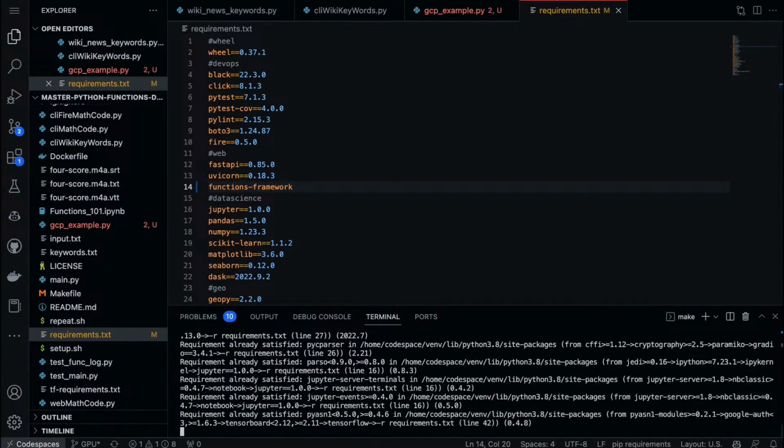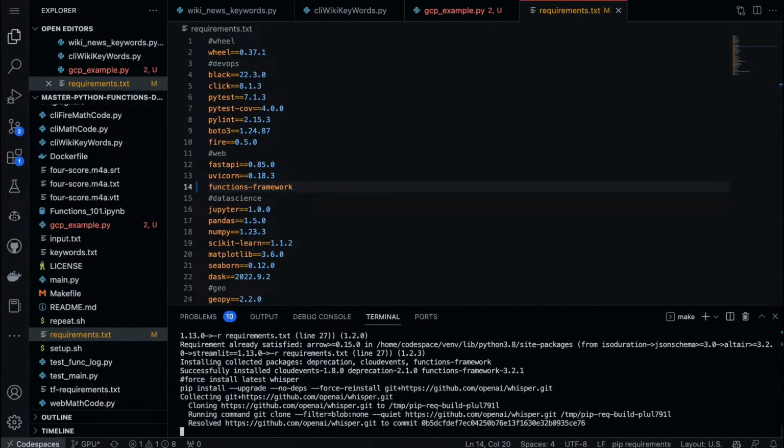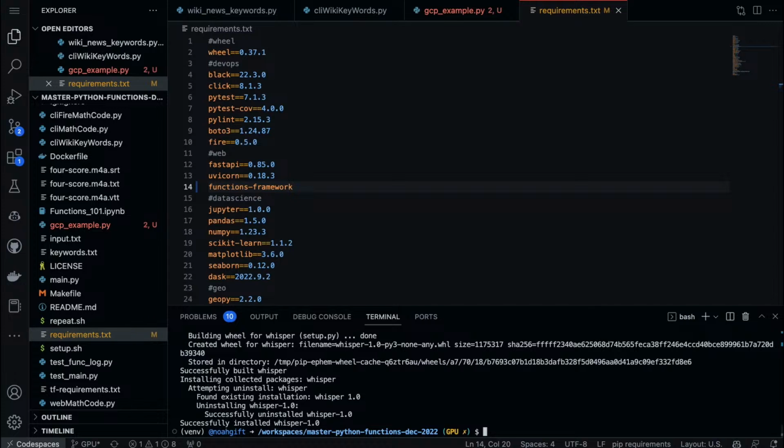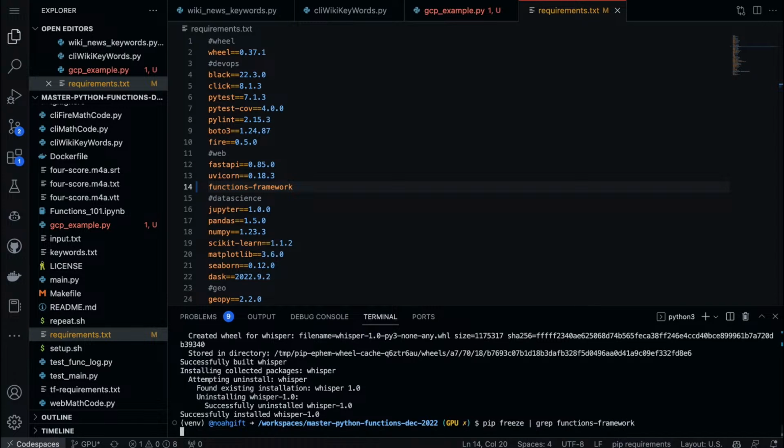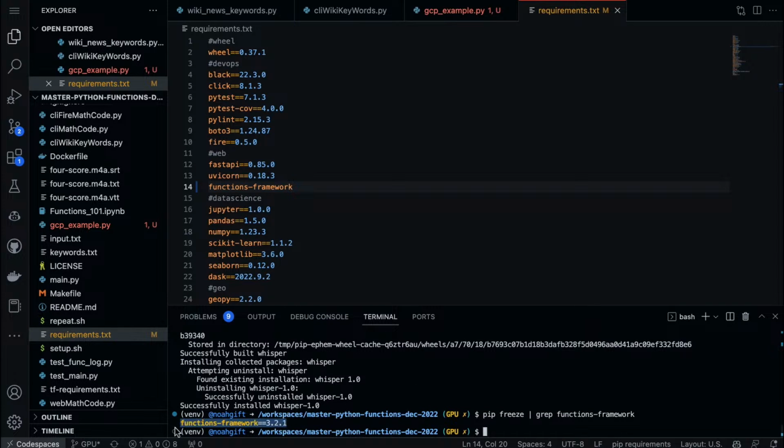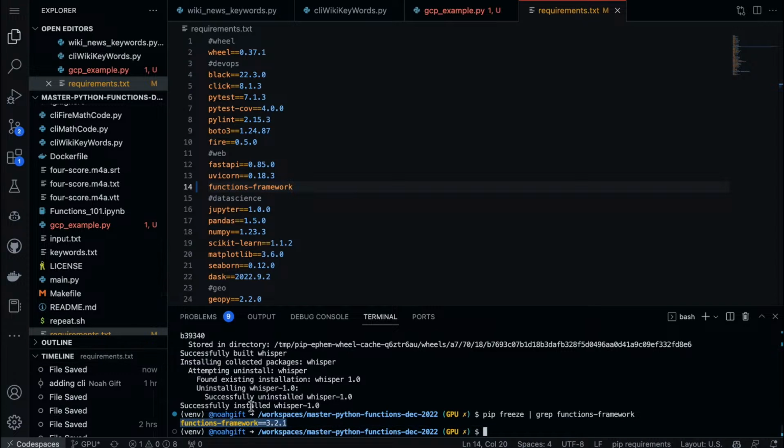And I guess we can pin it once I've got it installed. So pip freeze grep functions framework. There we go. So we just put this pinned version right into that. There we go.